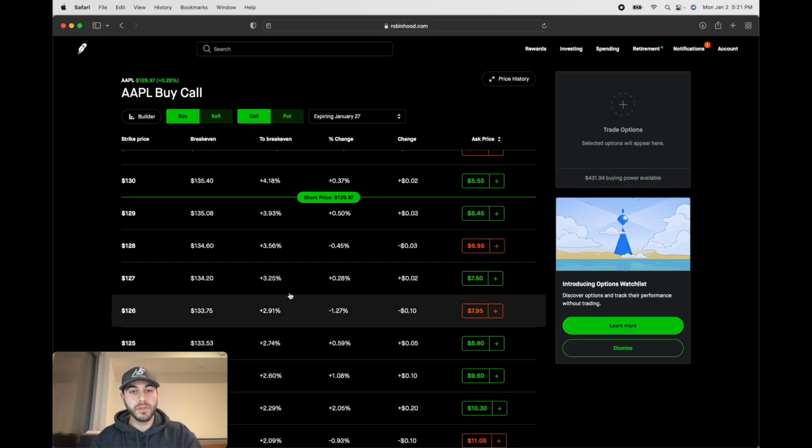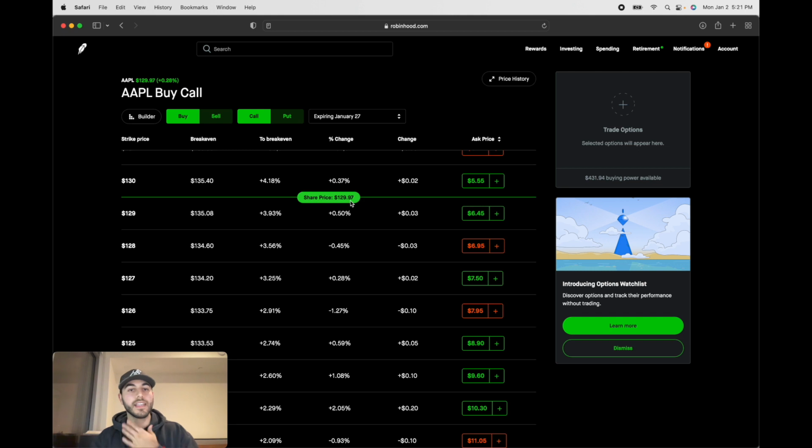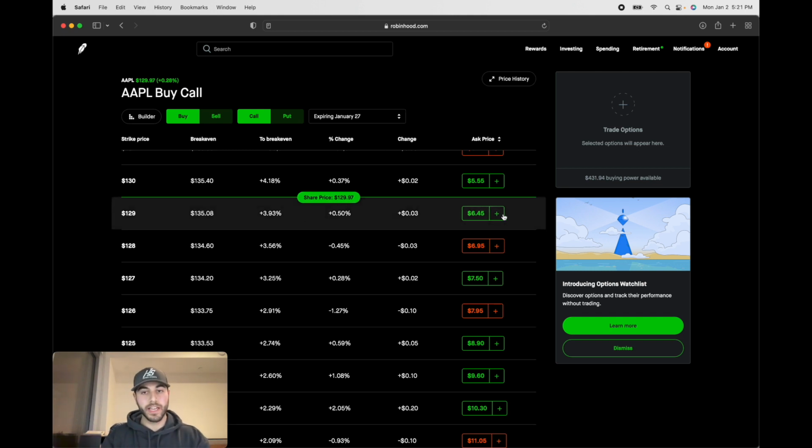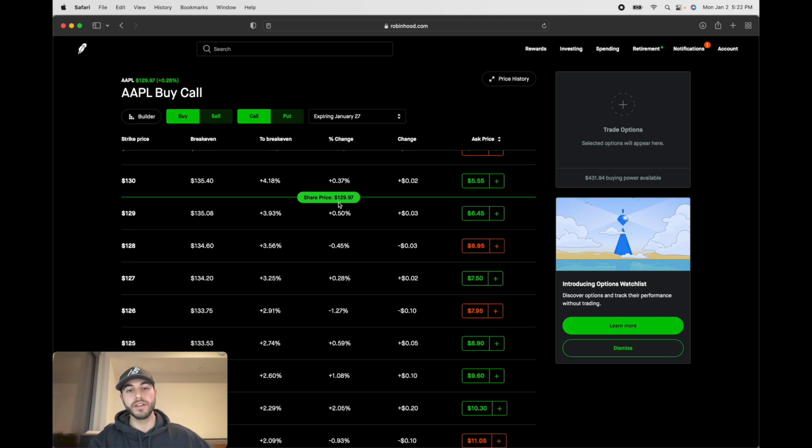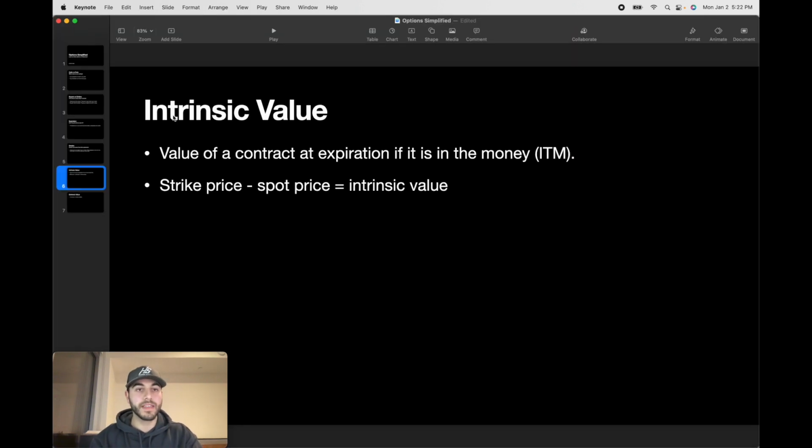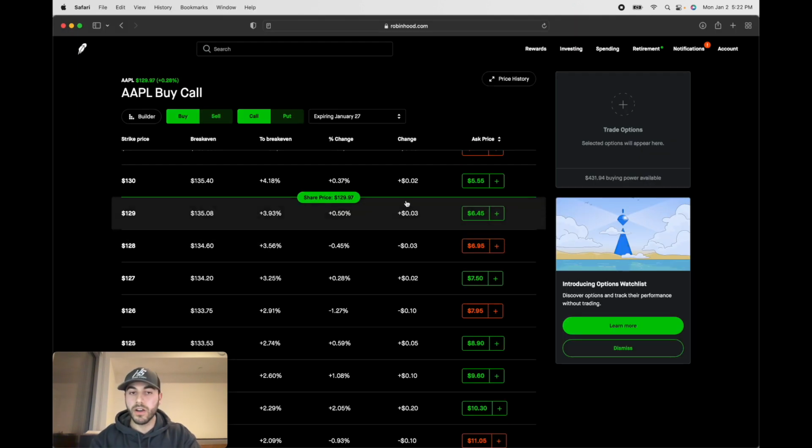So for example, if Apple was to expire today, say this expiration date was today, January 2nd, and we take this, which is 6.45, multiplied by 100, so it's actually 645, and we'll talk about why it's multiplied by 100 in just a second. So you're going to take 645 and subtract it from the share price. So if you take 645 minus 130, that price is going to be the intrinsic value if that contract expired